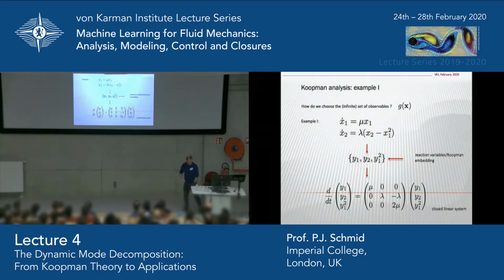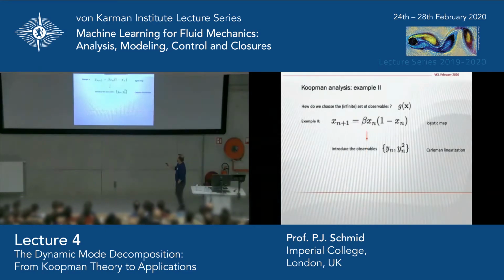We got lucky. So let's do the same thing on another system. That one is discrete in time now. That's the logistic map. Okay, almost the same one, beta times xn, and then an xn squared. And let's be inspired by the previous one: we looked at the equations, figured out that there is an x squared, or an x1 squared in our case, and use that one as an observable. Okay, so if you do the same trick here, yn is just the xn, and then we see an xn squared, so we introduce that one as our observable. If we do exactly the same thing,